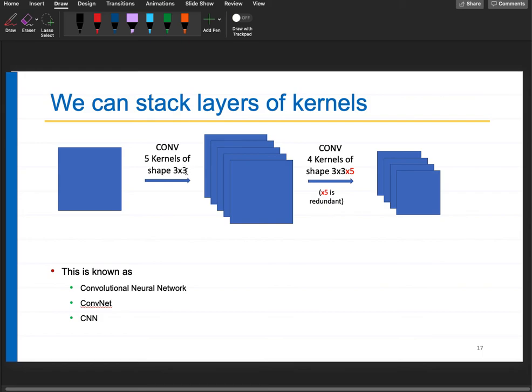Right? What will I get? From each kernel, I will get a single matrix, isn't it? From each kernel, I will get a single matrix. So in this way, I get 5 matrices, which I have stacked like this. Now I can feed this into another layer of kernels, after nonlinearity, of course. I can have sigmoid nonlinearity or rectified linear unit nonlinearity. Most popular is rectified linear unit nonlinearity for the reasons we have discussed.